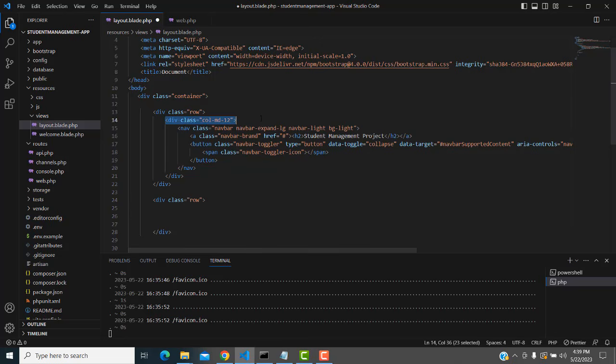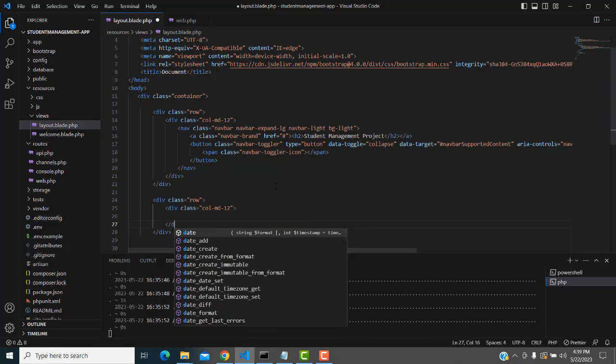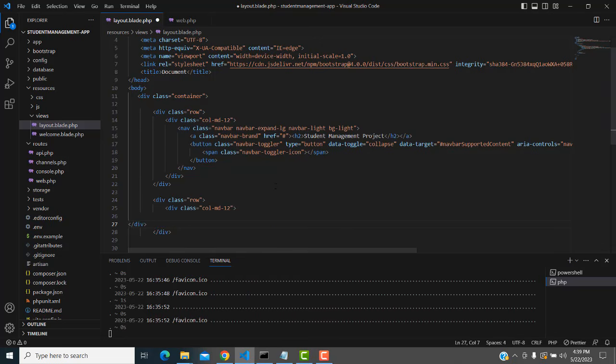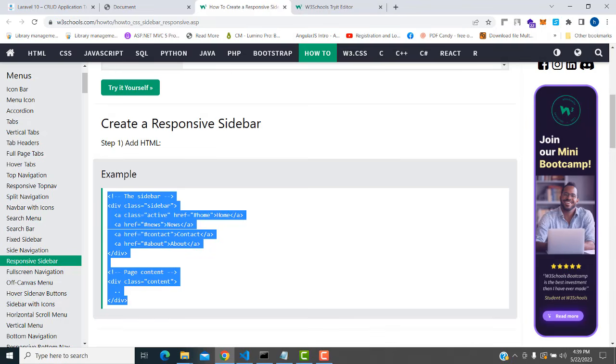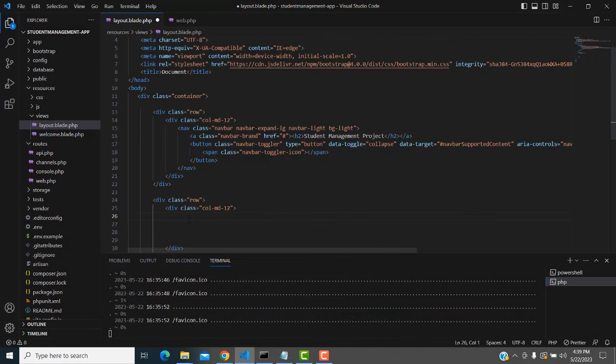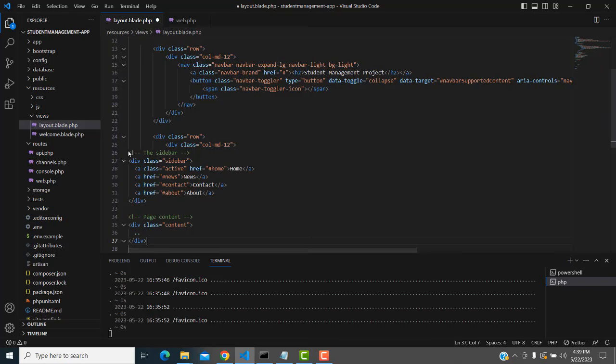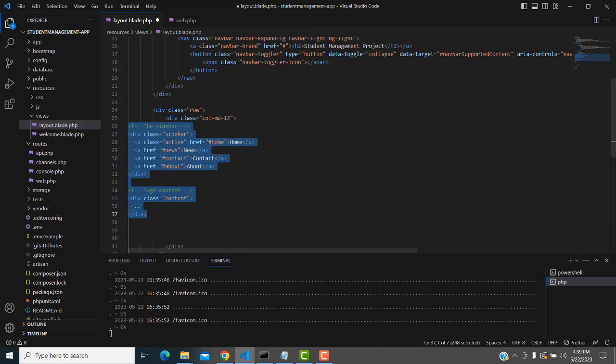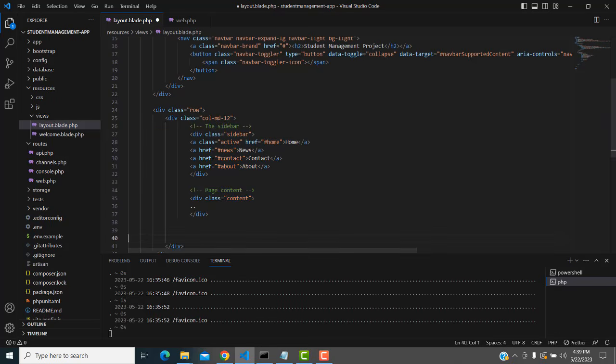Here what I'm going to do is I'm going to put this one. Well, these two things. Right. Div close it. Close the div tag. Here I'm going to paste this sidebar section. Copy this back to here and paste it over here. Right. Now here let's align it. Simply you select all the things, press the tab key on your keyboard and set the alignment perfectly. Right. Now let's